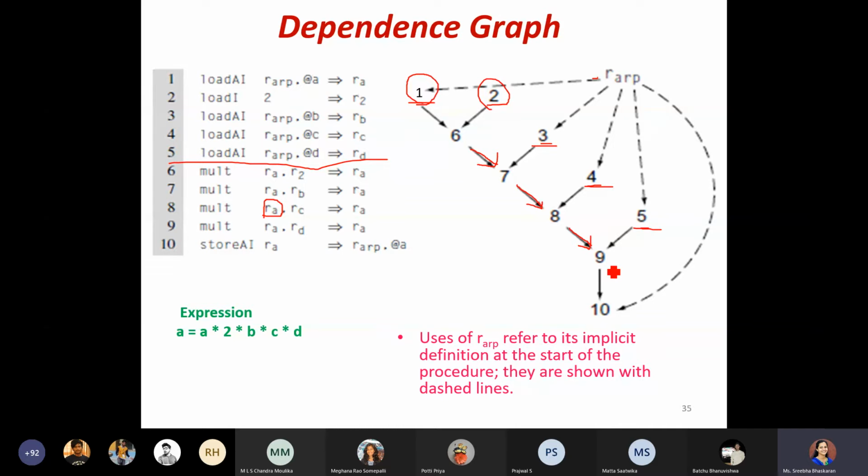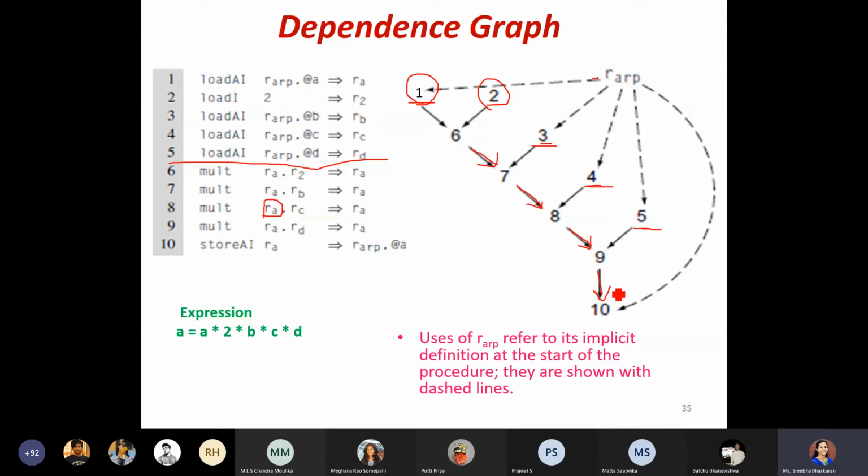Okay. The last line says store instruction. So store RA content into the memory location. So now we have line number 10. In line number 10, you are saying store RA. So from where will you get this RA value? From line number 9. From this arrow you can say that the RA value we are getting is from line number 9.